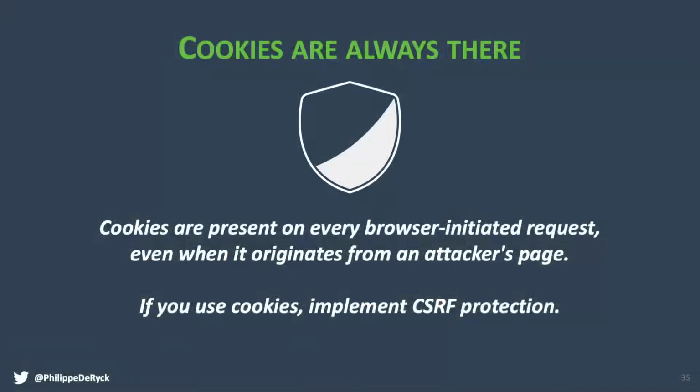So CSRF is kind of tricky. Cookies are always there, which is in this case a downside, because it enables CSRF. It requires us to think about CSRF and to configure a strict CORS policy and test that strictness. Test that your API doesn't accept arbitrary content types. Test that it sends the proper CORS headers on the response, and so on, and so on. All right. Like I said, it's not a simple problem, cookies versus authorization header or whatever.